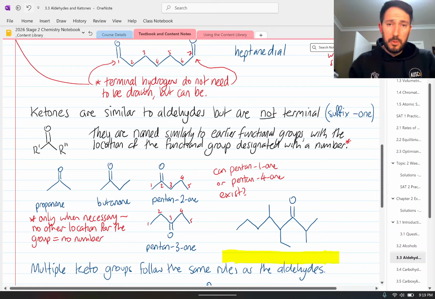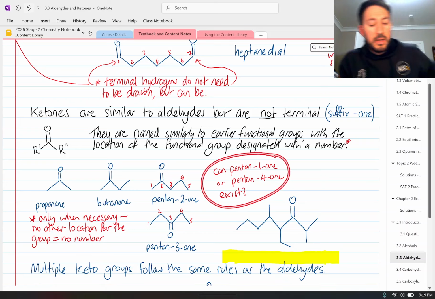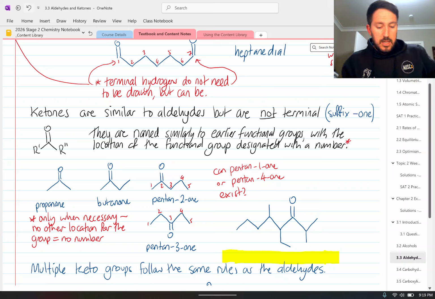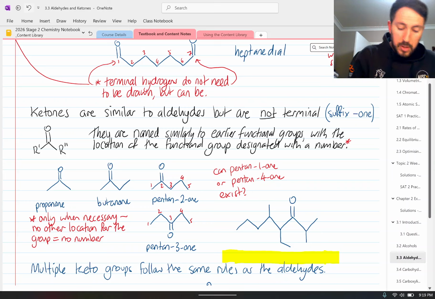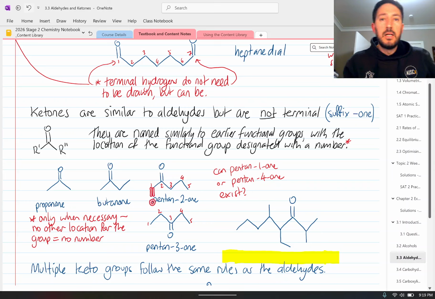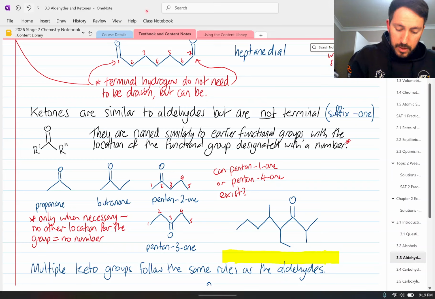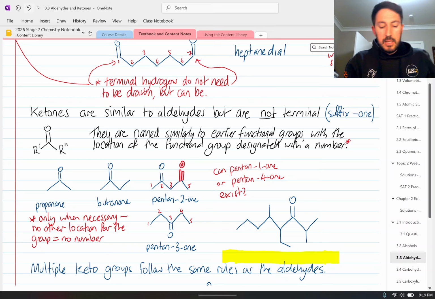Now I've got a little bit of a question here. You should be able to work it out. Can pentane 1-one or pentane 4-one exist? Hopefully, after what I mentioned before, pentane 1-one would imply that our C double bond O is on this end, in which case it would not be a ketone anymore, it would be an aldehyde. And pentane 4, if it was here instead of where it is there,